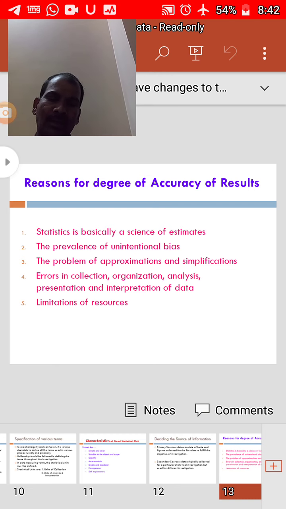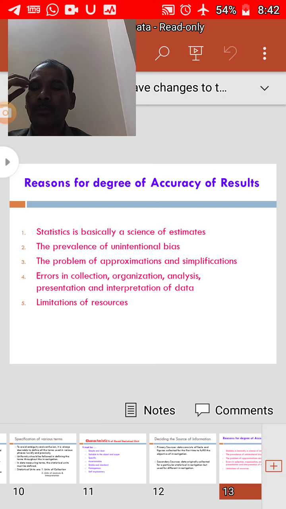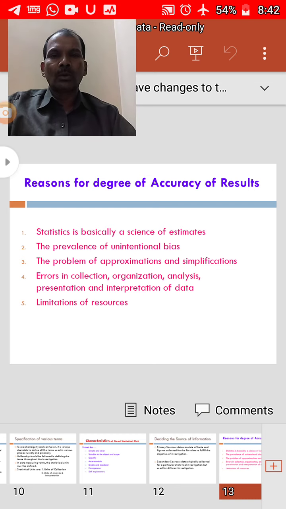Basically, statistics is a science of estimates. We consider the past data to predict the future. Hence, they are all estimates. Then, the prevalence of unintentional bias. We sometimes may not want to commit bias intentionally, but sometimes it may prevail unintentionally. We call it as